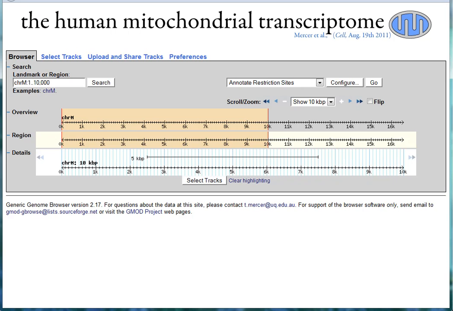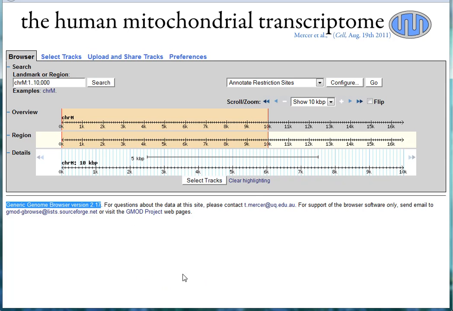So I'm going to go right over to that GBrowse. And so what we have here is an installation of GBrowse that's really specific for this paper. And this is one of the really coolest things about this. It's a really nice demonstration that some of the next generation sequencing data that's coming out is just going to be way too big for these papers. And you're going to have to use the software, and you're going to have to understand how to use the software to evaluate the data, to look through it, and explore it the way you would have done in a paper in the past. So what we're looking at here is a version of GBrowse, one of the 2-point-something versions,